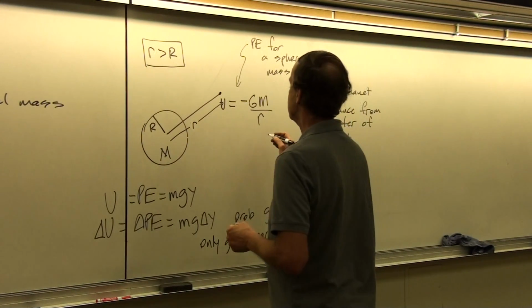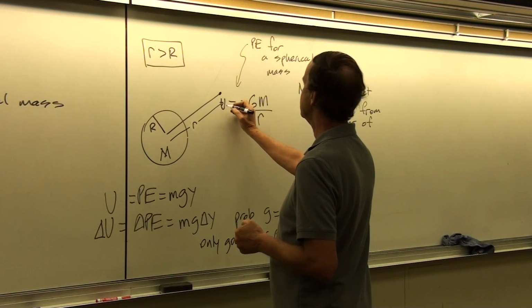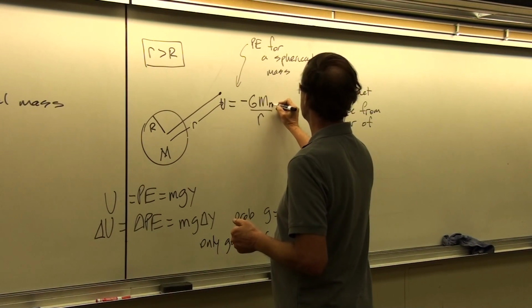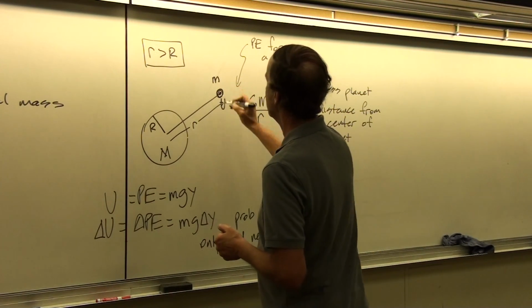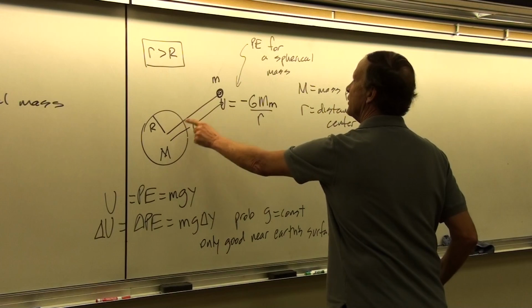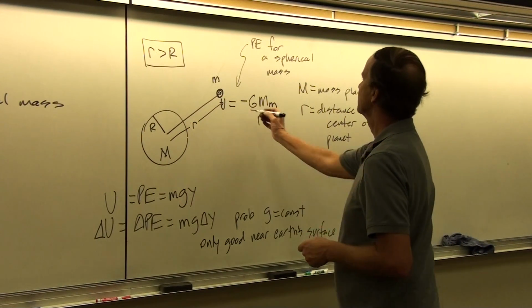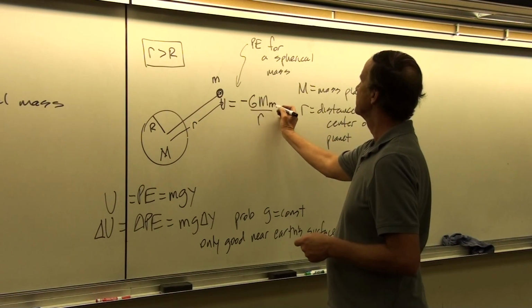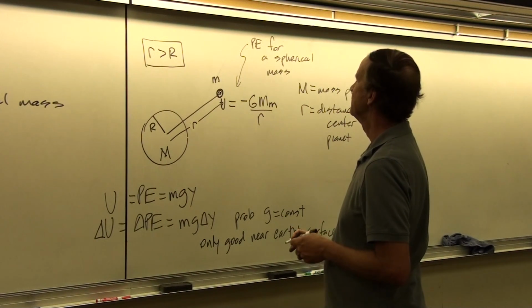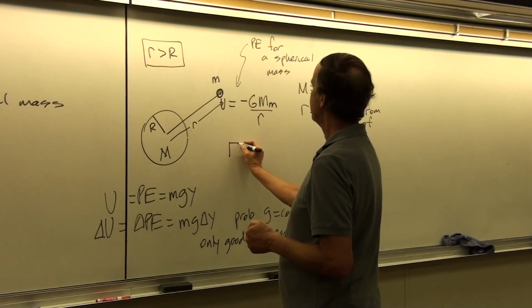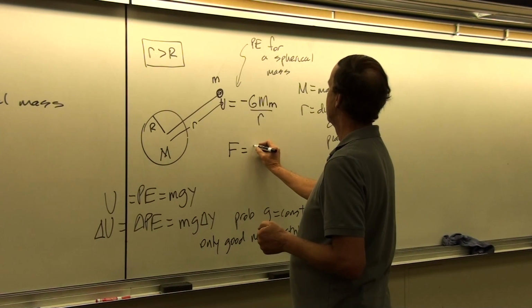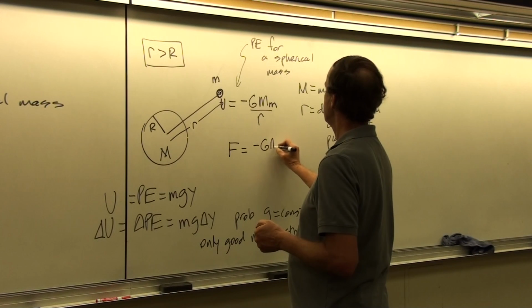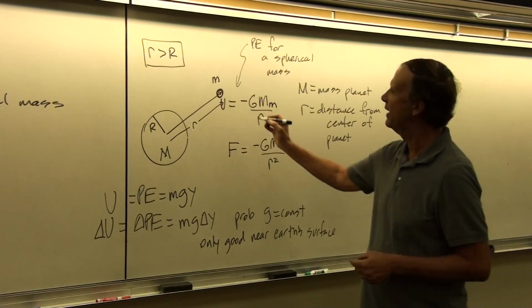So if I take this relationship and I turn it into, actually this should be times the mass of the particle, because what we want here is the potential energy of a particle and not just the potential without the particle. So make this minus G times the product of the masses divided by r. Then if we want a force relationship, we know that that's equal to minus G big M little m over r squared. That's our inverse square law.